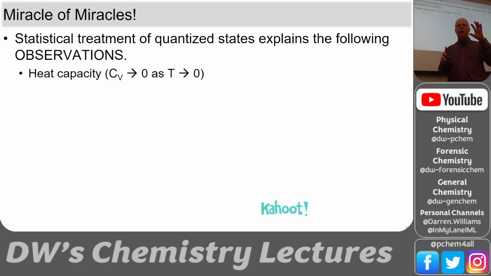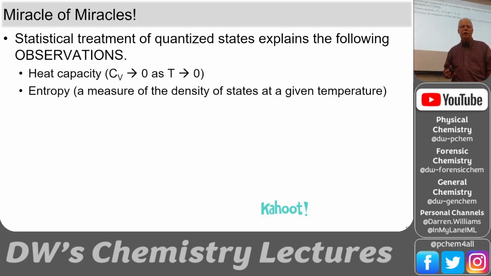They couldn't explain how the heat capacity for certain substances like diamond was at its equipartition value, and then dropped below its equipartition value when it got cold. And they wondered, what's going on with the heat capacity? Well, it was the quantized effects that were causing the heat capacity to drop below the equipartition. Remember, at equipartition, we have so many molecules in the excited states that they're equally populated. But as you draw down the temperature, you start seeing the quantum effects. And they didn't know about quantum effects in classical physics. So this explained that the heat capacity was a quantum effect, and that really did solidify people's belief that quantum